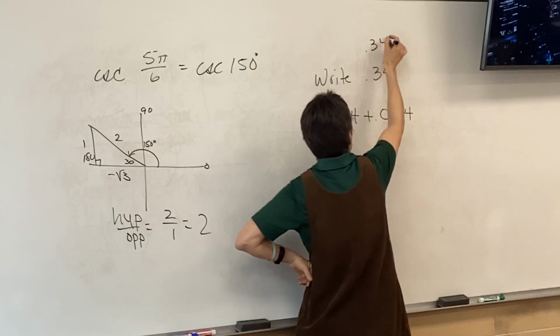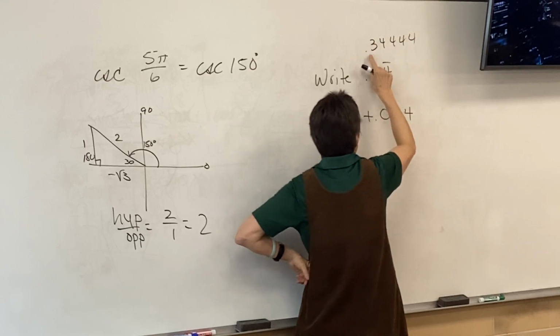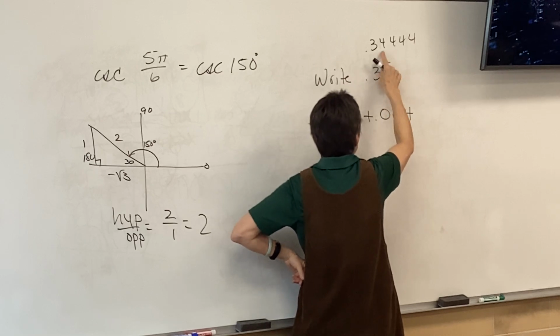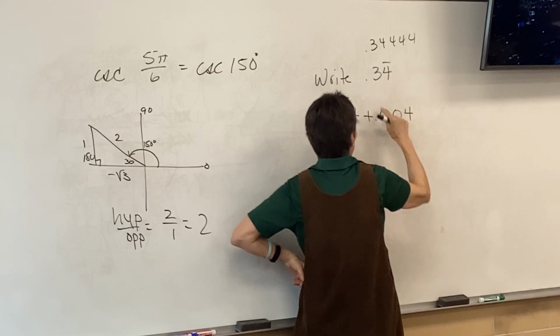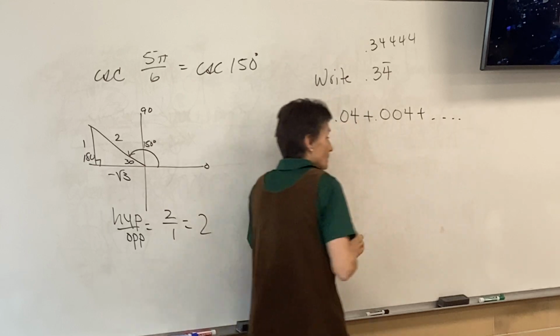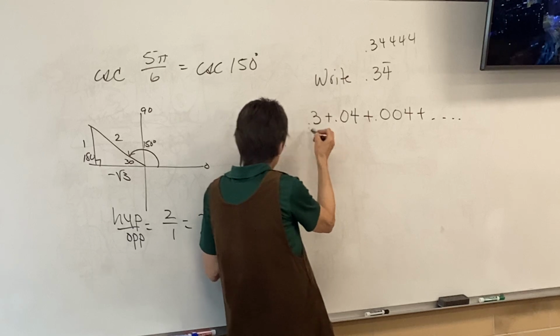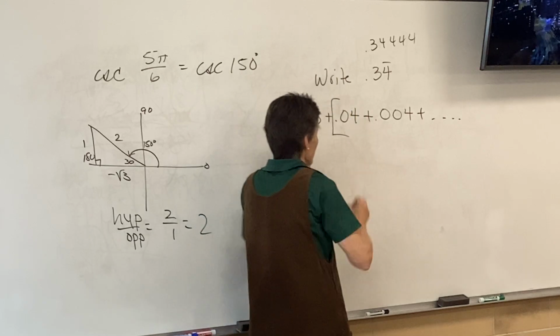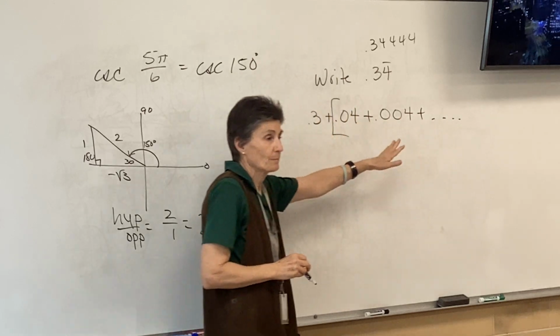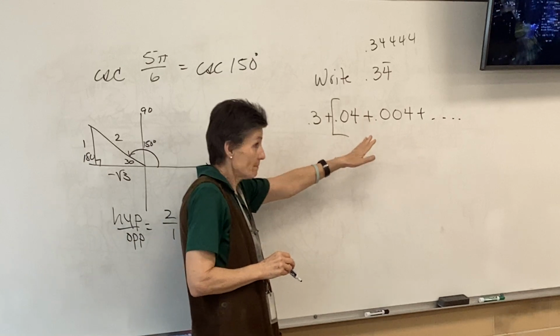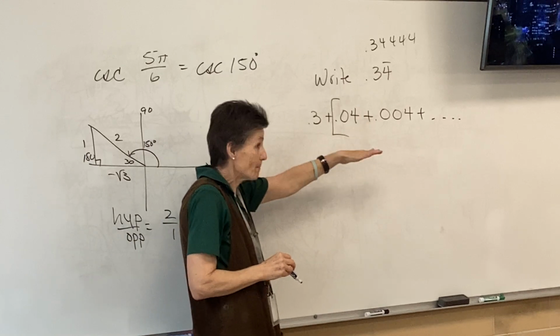So you have 0.3, then 0.04, 0.004, and so on. This guy's kind of an odd one, but there's a definite pattern to all of this. Right? In fact, it's geometric,